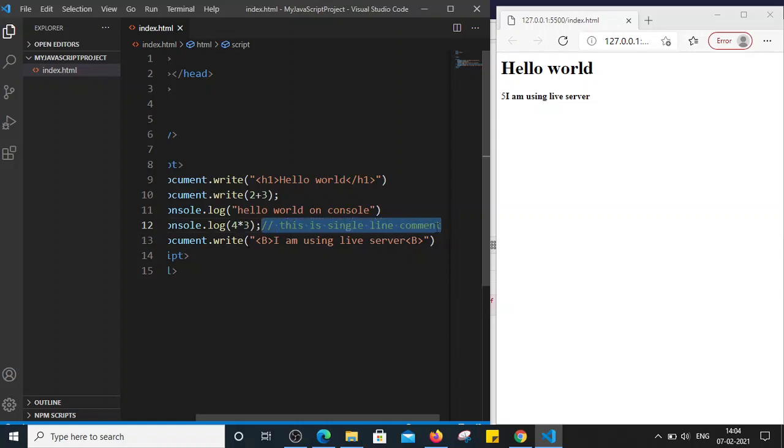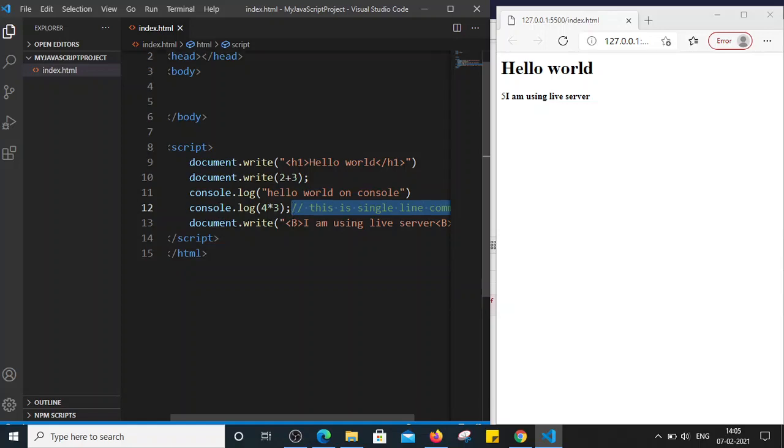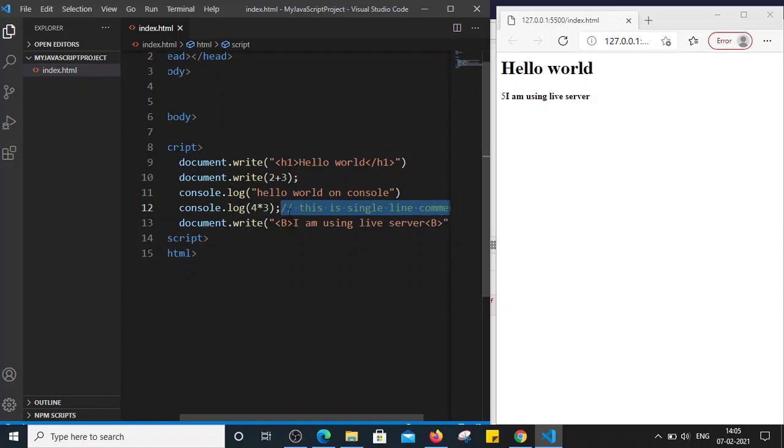This is only for understanding purposes. So this is how we can use the single line comment. I am just saving the file, so you can see it is not getting executed by the compiler or interpreter, right? It will ignore the text which we have put after the double slashes.